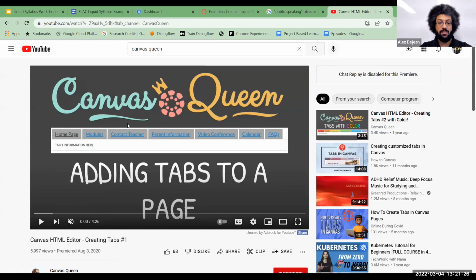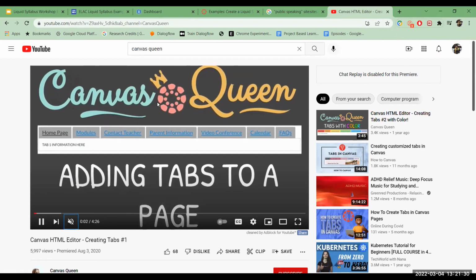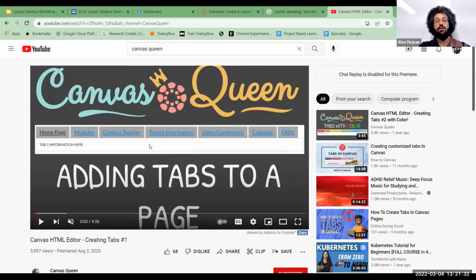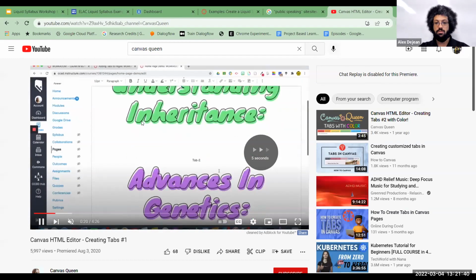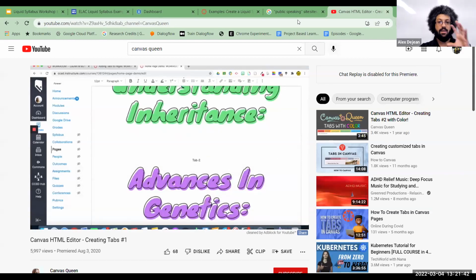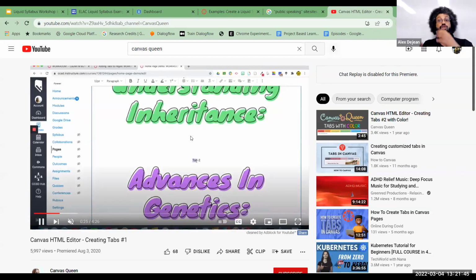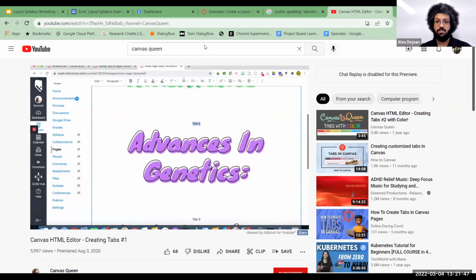Everything is very nice. I'm going to keep the sound off. For adding tabs, I pretty much use this. For almost every one of my pages, I use tabs to help things look a little bit nicer. So I totally feel on how we improve the user experience for students. I think that's really